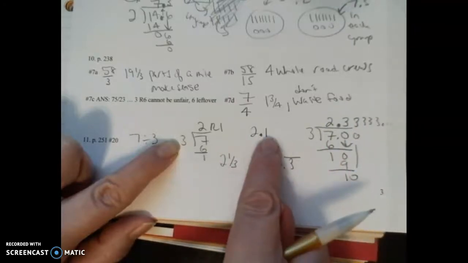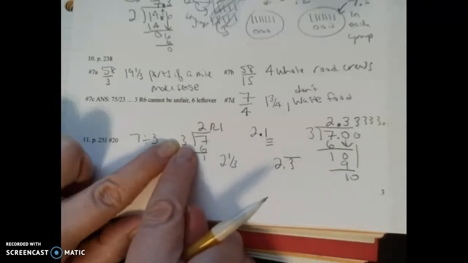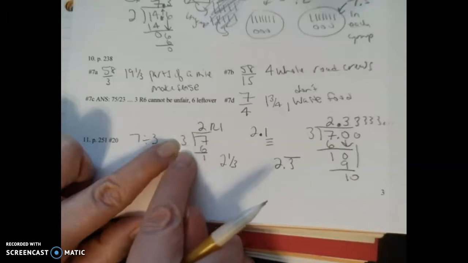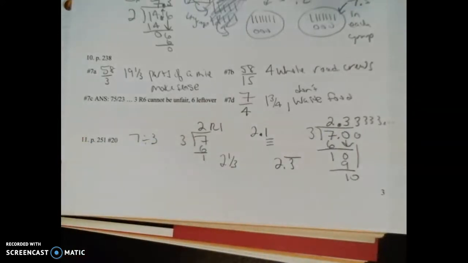repeating. But just using the remainder as your decimal does not make sense unless you're dividing by 10, and she's not, right? She's dividing by 3. She's grouping things by thirds, not by base 10, okay? So that one does not make sense. All right, go ahead and look at the next page and do them on your own and then come back